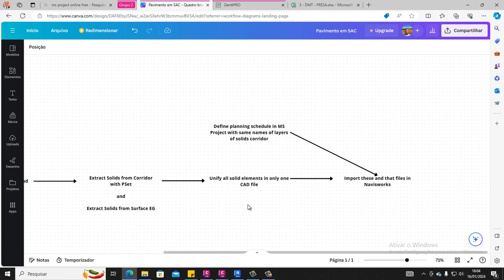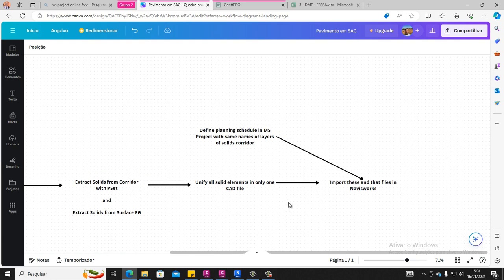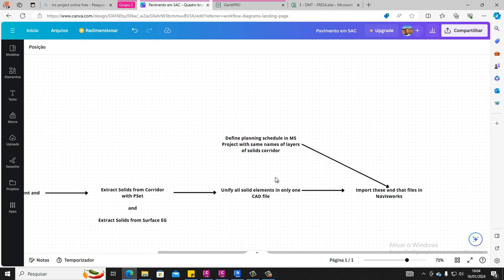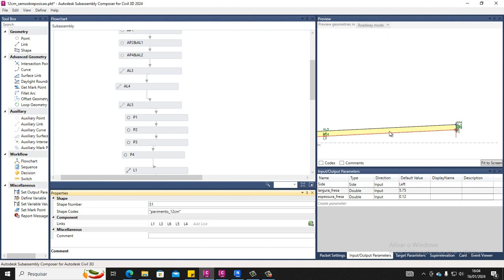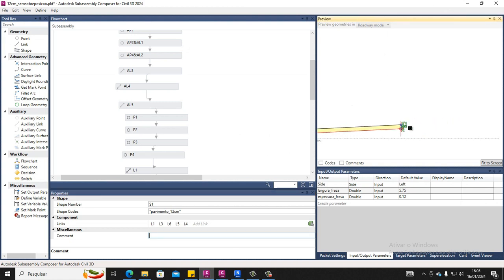And so for this step you need to concentrate all the database in a CAD file using this two kind of solids to import the Navisworks. In parallel to this, we can define the schedule, planning schedule in Microsoft project using the same name of layers from solids corridor. That means in Subassembly Composer we can define these links and points and shapes